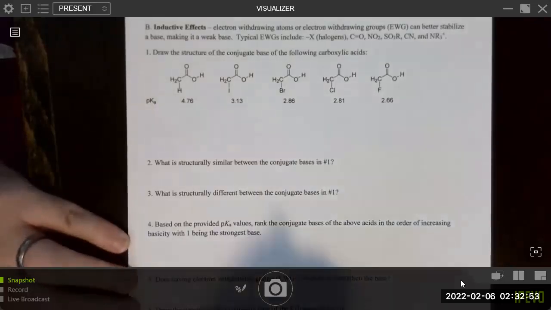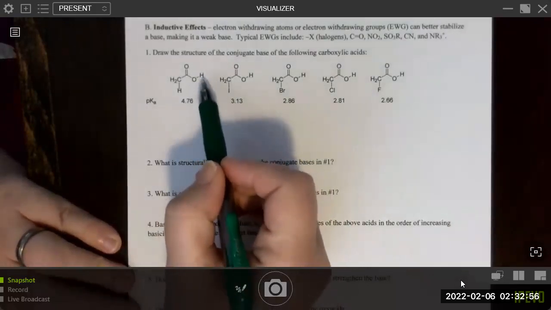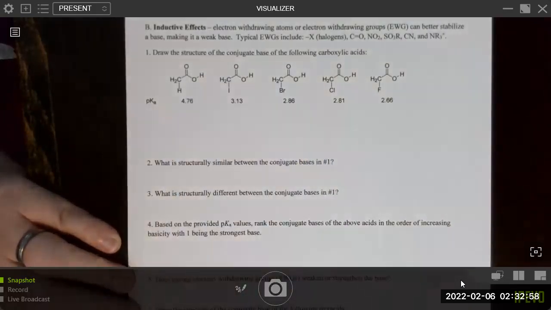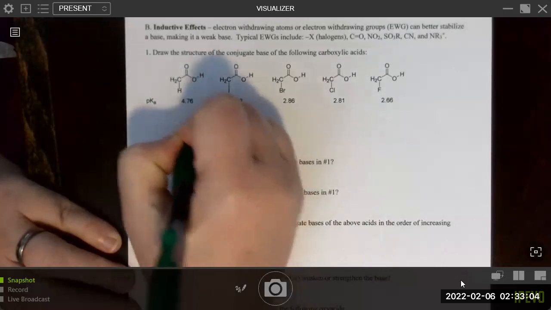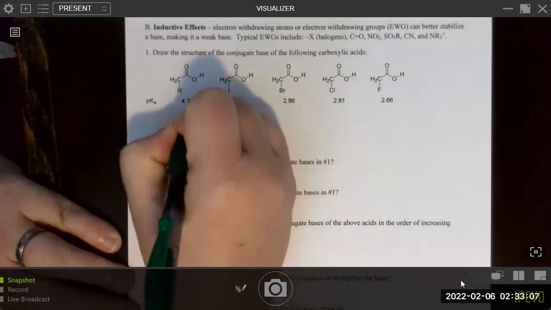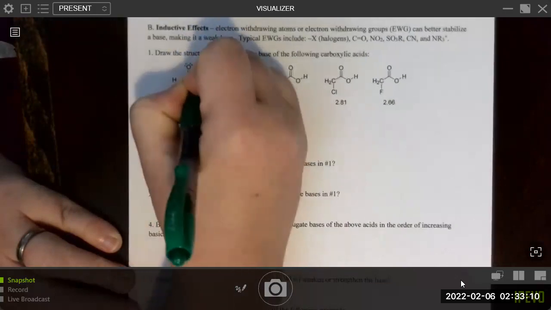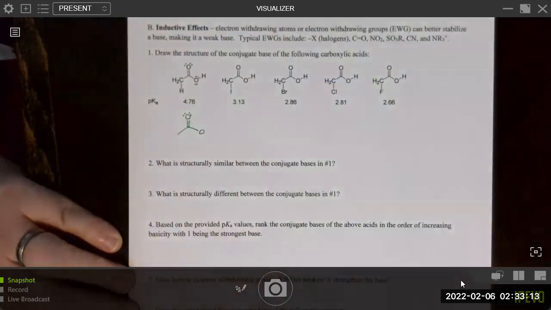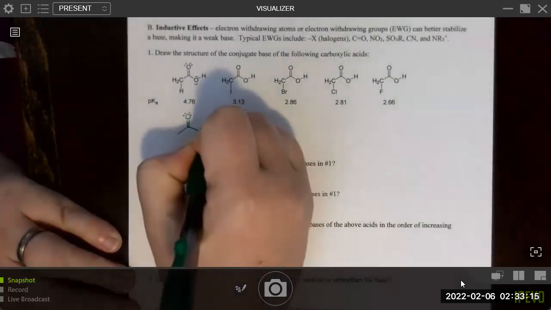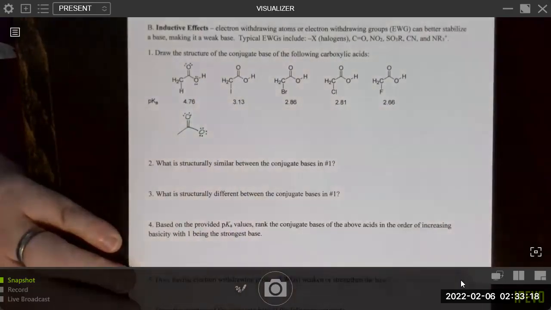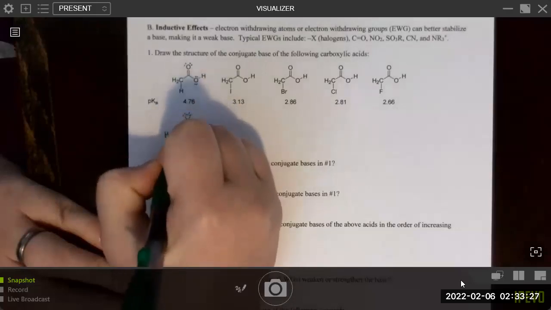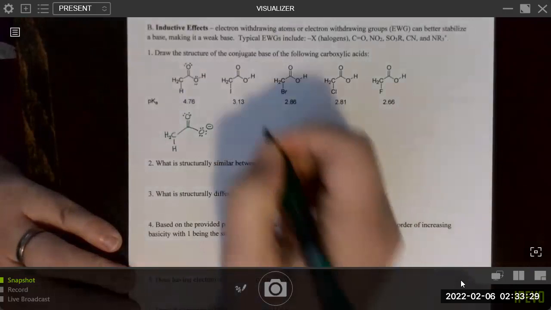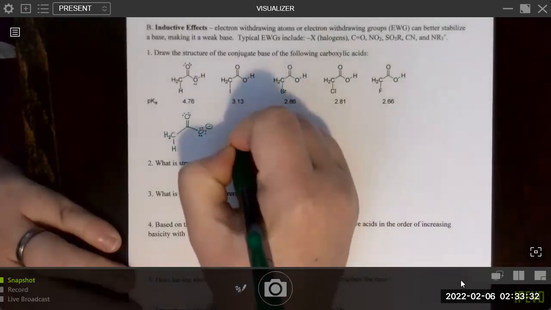So we are just going to remove this proton and then add another lone pair and a negative charge in order to get to the conjugate base. So we have a very similar structure, and you can go ahead and add in the lone pairs if you want. I always like to see them so I keep track of all the electrons. So when we lose that proton, we'll get a third lone pair on that oxygen with a negative charge. So in this case, we have still CH2 with a hydrogen attached to it.